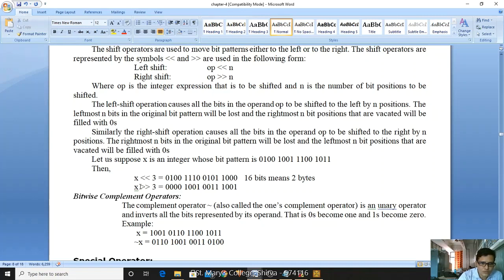Okay, if I use right shift, this is the right shift, right? These 3 bits should be cut here and added to the left. If you are using the right shift, the one remains the same and the zeros become 0. Okay, but in the left shift, if a one exists and you are moving it, then the one becomes a 0.